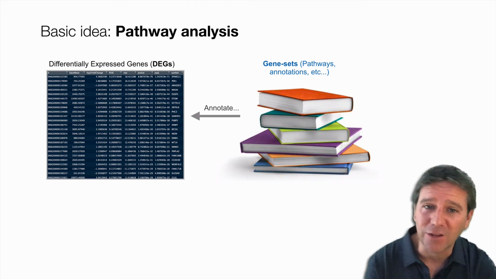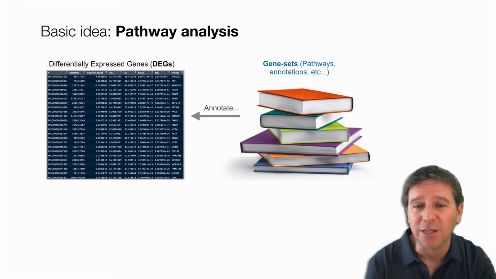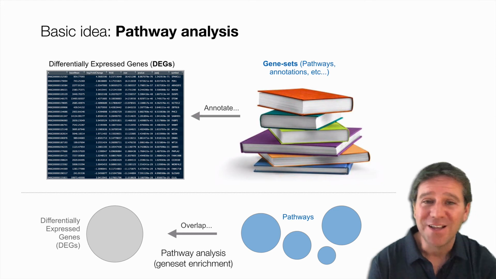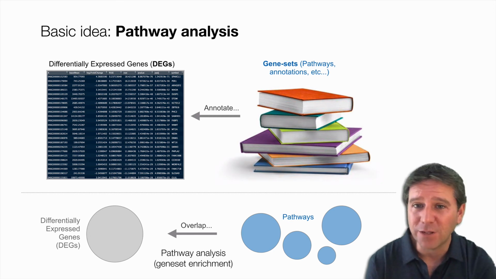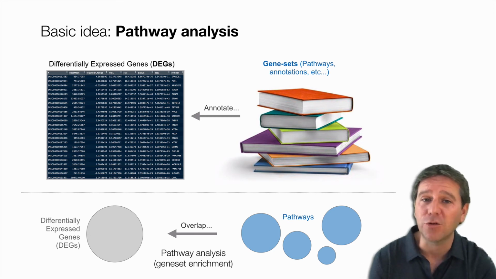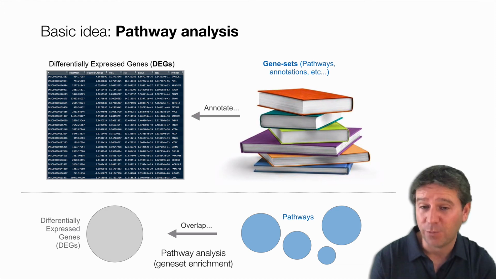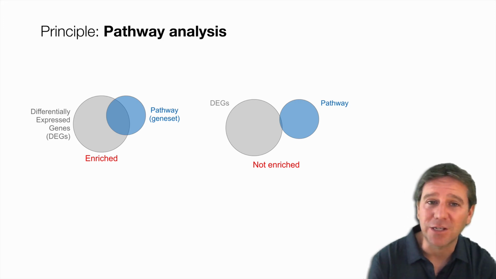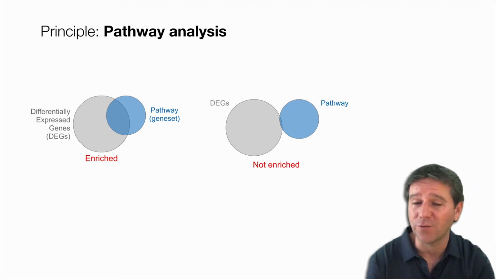Is it a chapter on cell division or intracellular signaling through MAP kinases or whatever that is most prevalent in our differentially expressed genes? So we take all those pathways with their constituent genes indicated by the blue circles here. Of course, we don't get them from textbooks, we get them from bioinformatics databases, and we get our differentially expressed genes. That's the gray circle here. This is our experimental results, our gene set, and we look to check for their overlap, or more formally, are the differentially expressed genes here enriched for a particular pathway or gene set